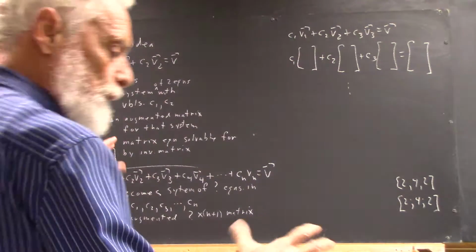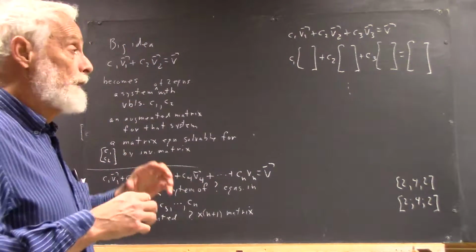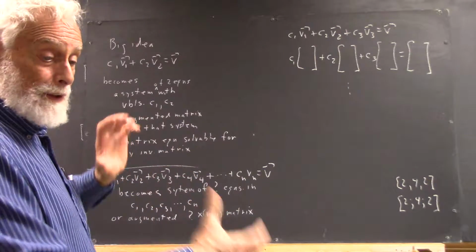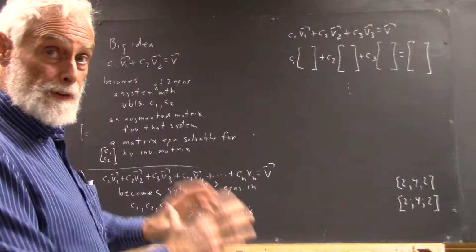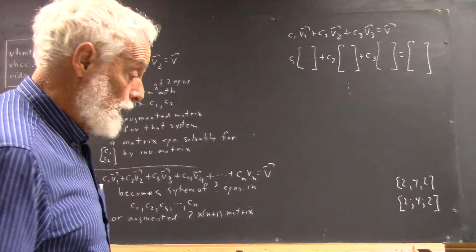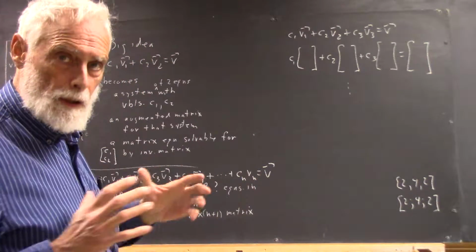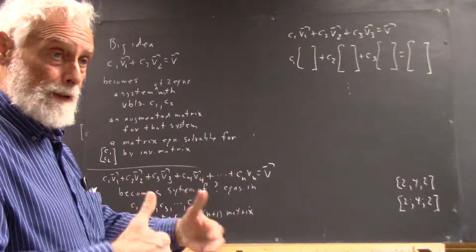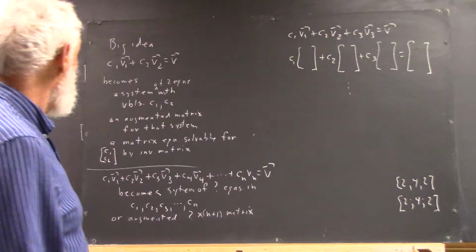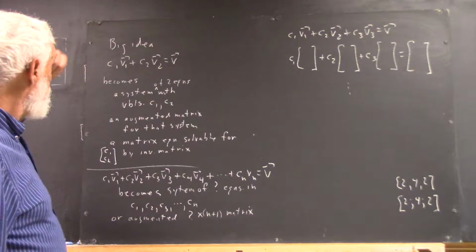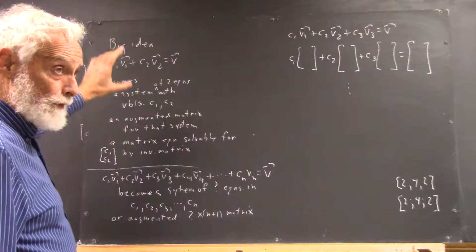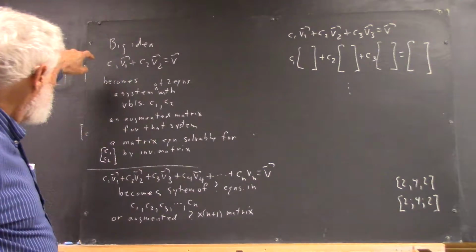Now, this whole thing is really a big deal. When does a sum of multiples of a set of vectors equal some other vector? What kind of vectors can you get from a set of vectors by adding multiples of those vectors? Now, the big idea here, a subset of that idea, and one you have to understand, is